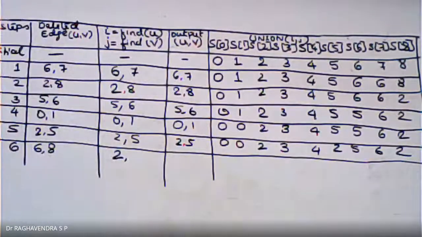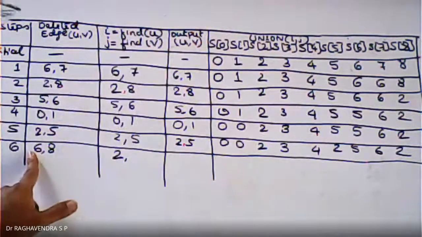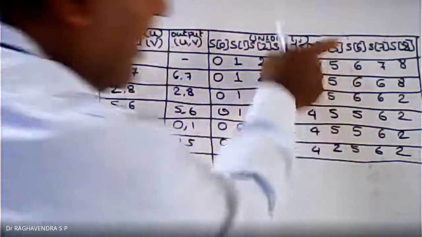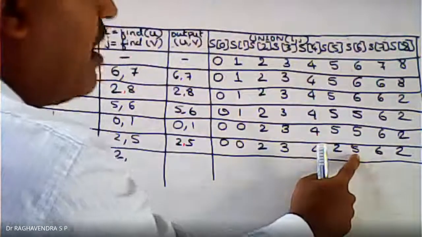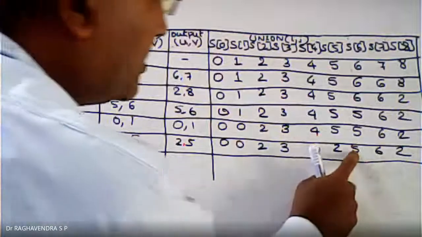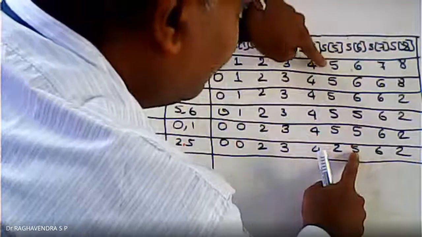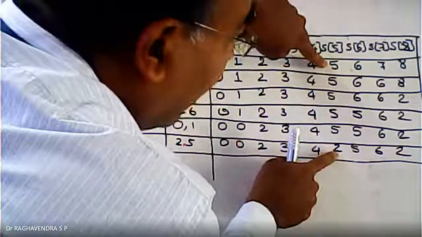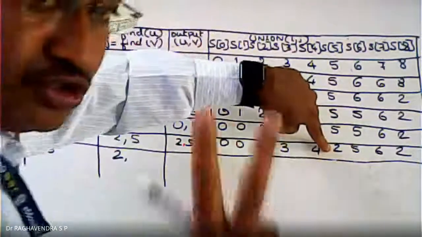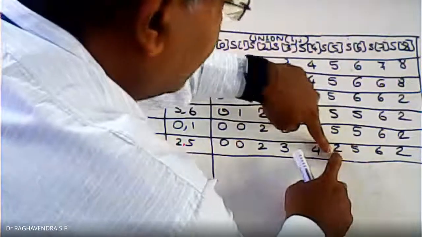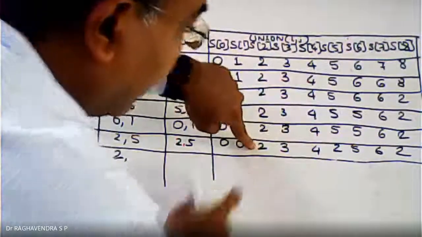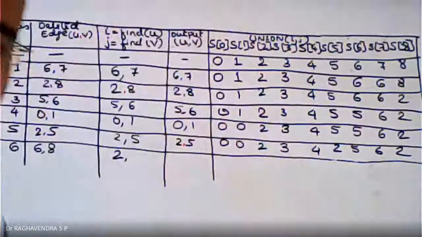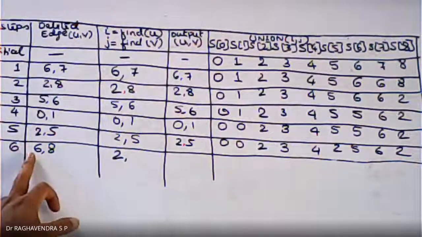Let me say it once more. I need to find the root for 6, because the find function is used to return the root. So for 6, here is 6, S of 6, and here I get 5. Okay, but we cannot write this 5, because this 5 is also present here. When you go down at the last step for the 5, you have 2. Then this 2 is also present here. So once again you come back, and when you go down, once again you are going to get 2. And still it is the end. There are no further roots. Okay, so that is why the root of 6 is 2.